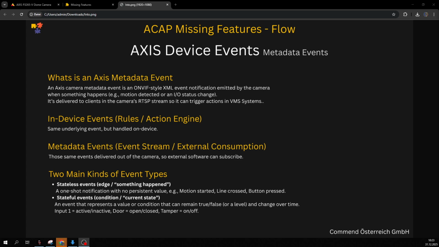Basically, events that happen on the camera are transmitted in an ONVIF standard via RTSP, so then a VMS system can trigger actions based on the data it receives. There are some namings around that, because in the Axis web interface you have the rules, and there you have the events, and basically a metadata event and the event that you can select there is basically the